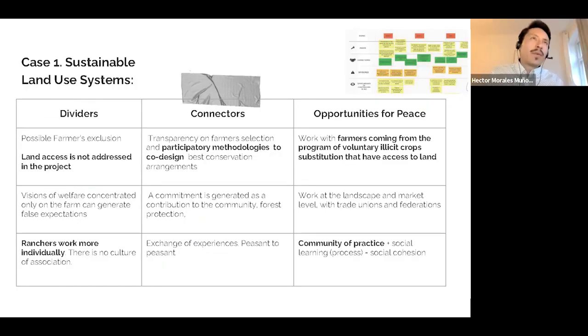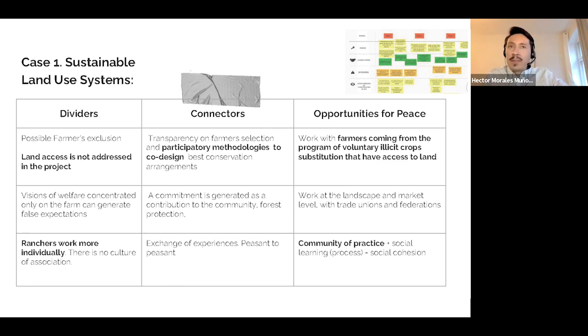Right, so for the Sustainable Land Use System project, we implemented the do no harm approach by analyzing how each activity would have an impact on the dividers and the connectors, and also analyzing how by diminishing the dividers and enhancing the connectors, there were some opportunities for peace emerging. So for example, one of the dividers that they found was that land access is not addressed in the project. And one of the connectors that they found is that